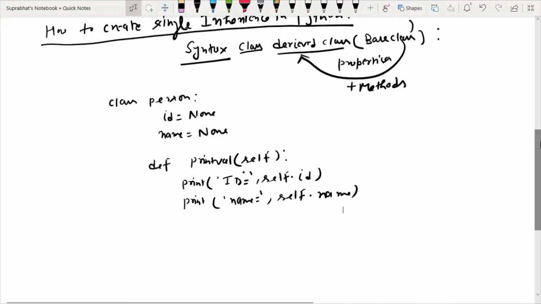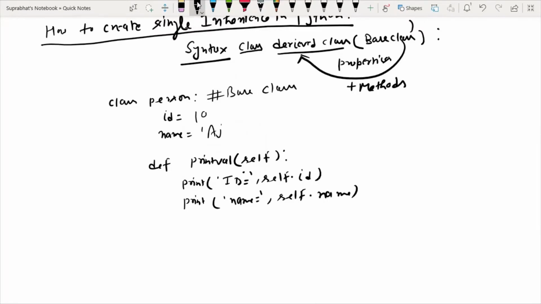Now suppose I give some values here: id value 10 and name, suppose, Ajay. Now I am taking a derived class.